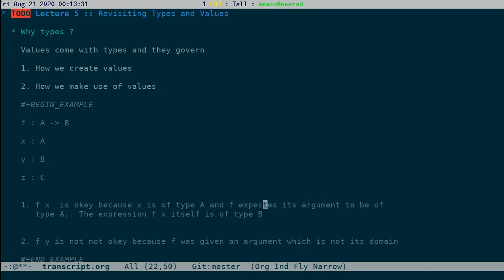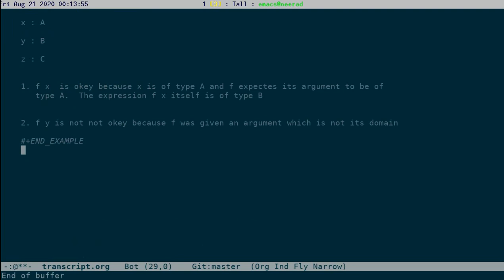For example, here a value of type B is created by applying f on x, and how we make use of these values. For example, we make use of x as an argument for f because A is of the right type. These are some of the things types make sure of. It sets the rules of creation and use of values.